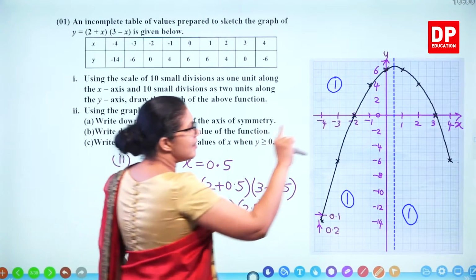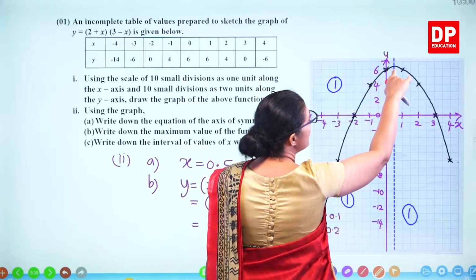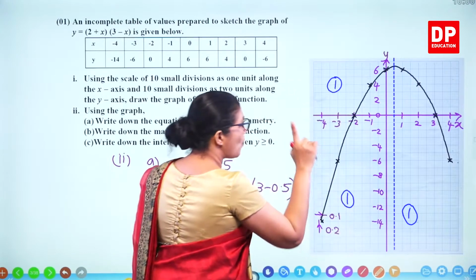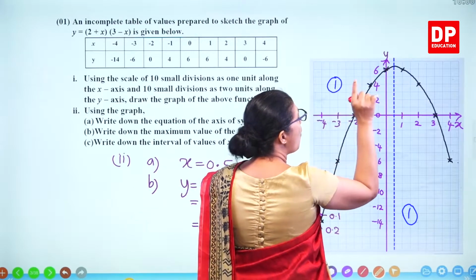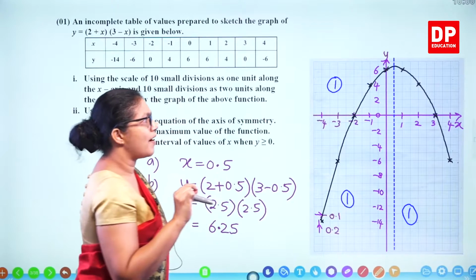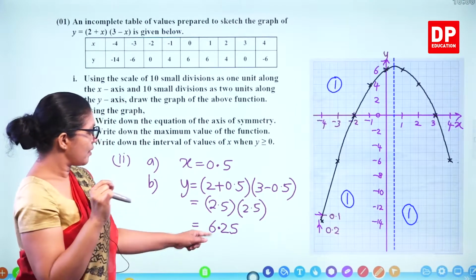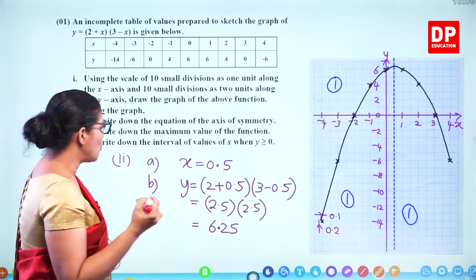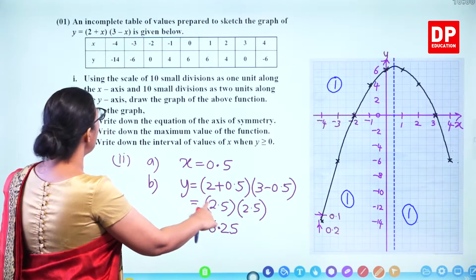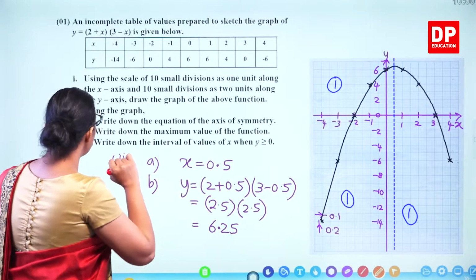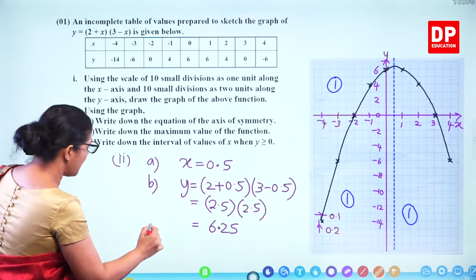We can't read it properly from the graph because here 0.2 is 1 square. So this is like 1.5 squares. So we can say 6.25 is the maximum value. That's the second part. Then write down the interval